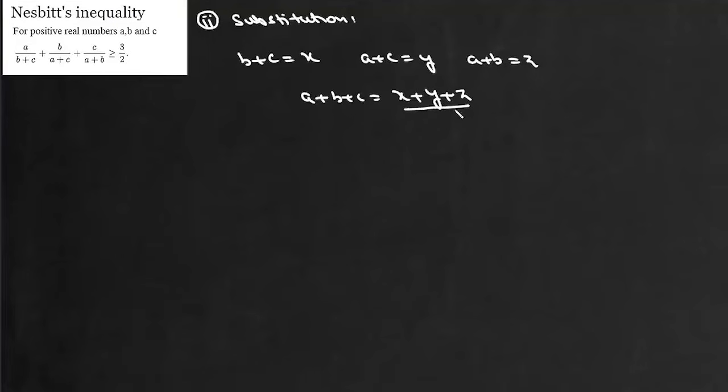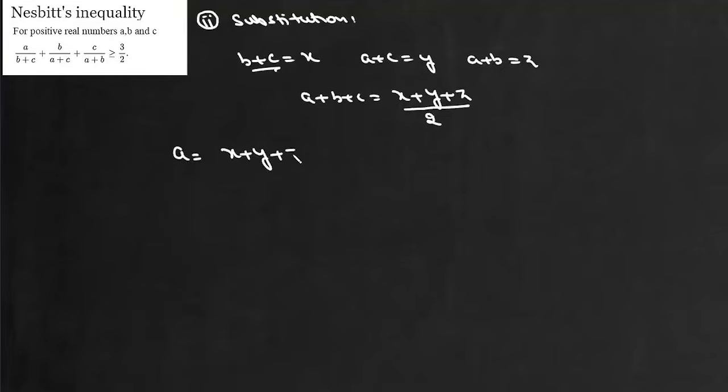अब सब्स्टिट्यूशन में अपने b प्लस c को x मान लेते हैं, a प्लस c को y मान लेते हैं और a प्लस b को z मान लेते हैं। अगर तीनों को ऐड करेंगे तो यहां से हमारे पास आ जाएगा a प्लस b प्लस c और ये हो जाएगा आपका (x प्लस y प्लस z) डिवाइड बाय 2। अब यहां से अगर a का वैल्यू निकालना है तो b प्लस c को इसमें सब्ट्रैक्ट कर देंगे तो यहां से a हो जाएगा आपका